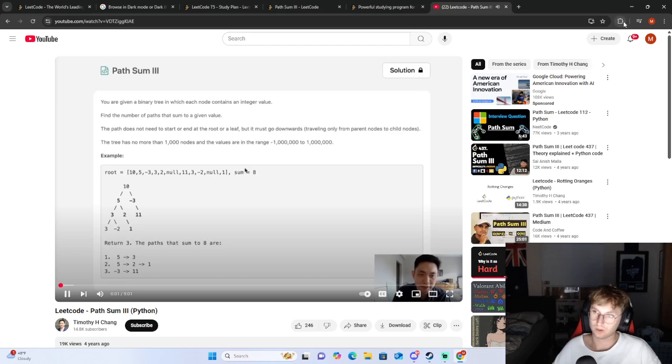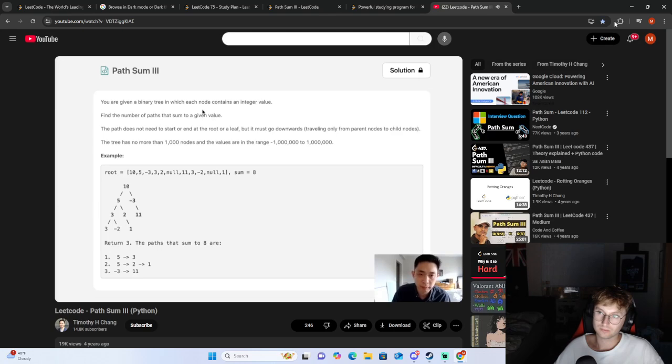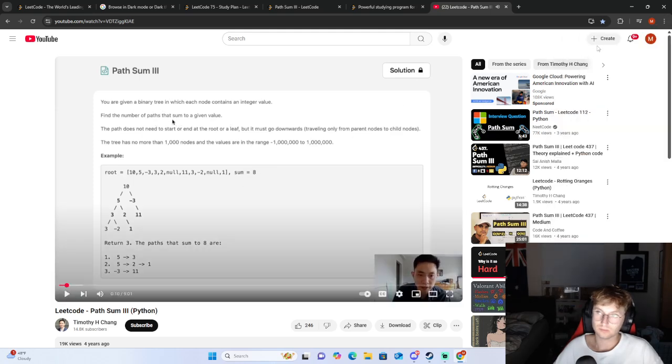Welcome to August Leetcode Challenge. Today's problem is Path Sum 3. We have a binary tree which contains integer values. Find the number of paths